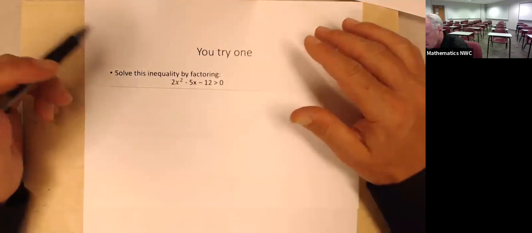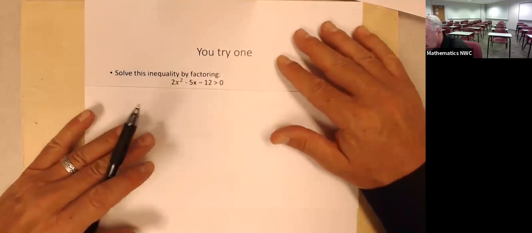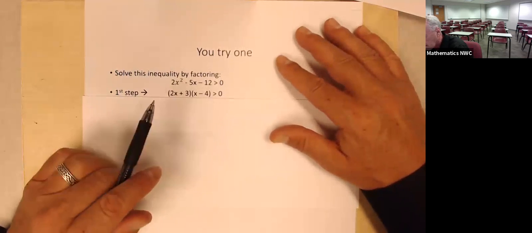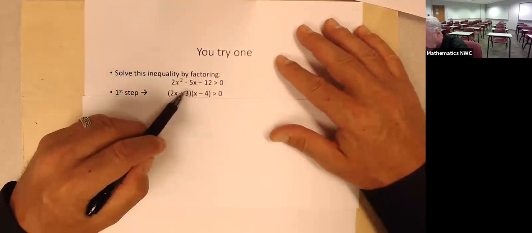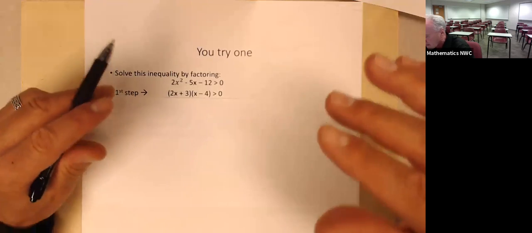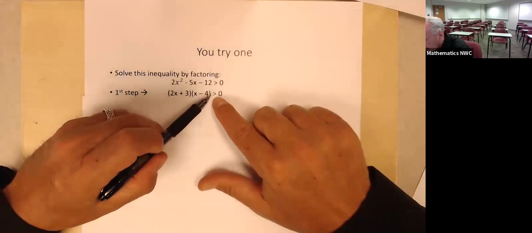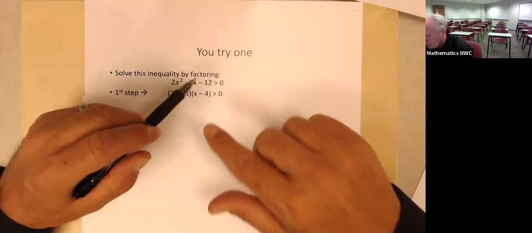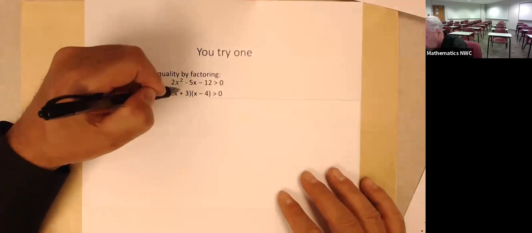Okay, solving this one. Factoring isn't as easy. Might take you a little more practice, but the factors turn out to be those two numbers. You can check it out. You'll get a middle term of -5. Notice though again, greater than 0. It's not equal to 0 like we had a few lessons back. This one's greater. That means either both of them have to be positive,